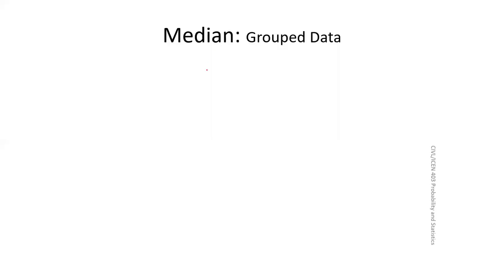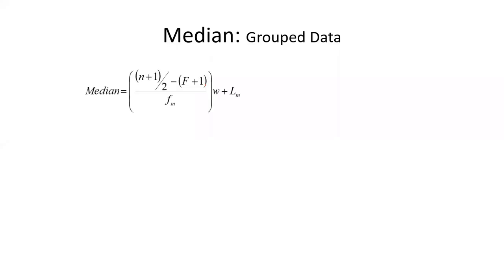So median for the group data now. In this lecture, we will complete median and mode, which will complete our topic of measure of central tendency. If you recall, median is the central most value of the data. If there are an odd number of observations, then the middle one is the median. If there are an even number of observations, then two values are in the middle, so we take the midpoint of those two middlemost values.